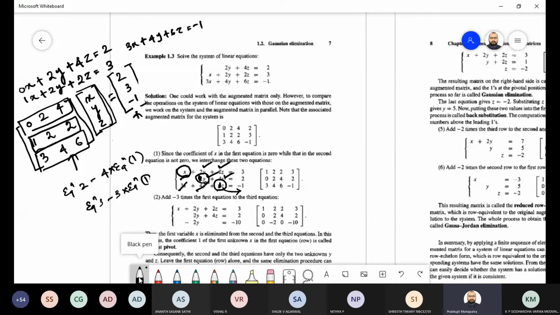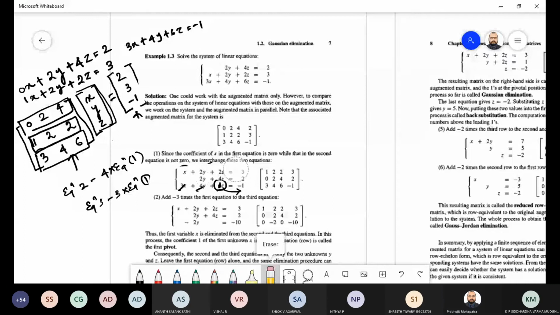We followed the same way in yesterday's class. You remember it or not? When you are solving by hand calculation, we used to follow the same way. We used to simplify the problem.